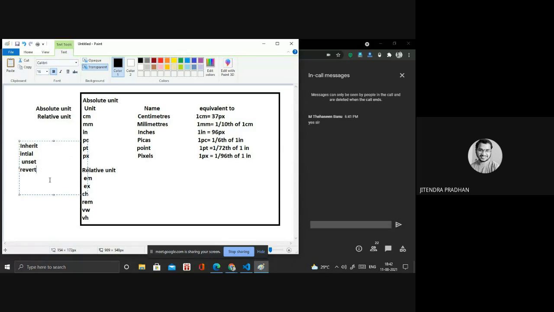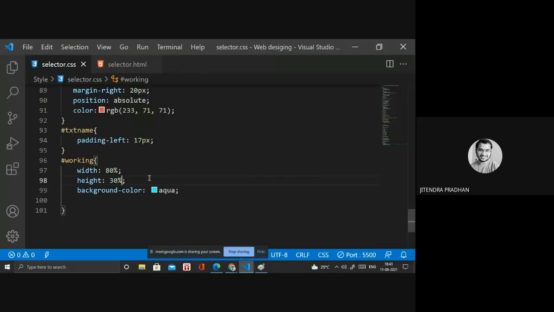Okay, every property, it means if you want a background color. If in the parent element you have written the background color is blue, but you want the background color to be the default, so you don't need to apply that. You have to write in the child element the background color unset. Okay, if you want that particular color to be inherited by the child, you have to use inherit. Okay, we have the inheritance property, I will show you how it looks.